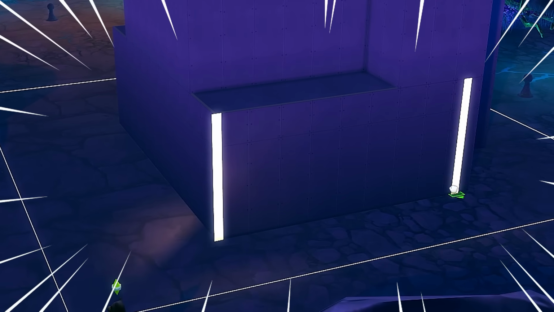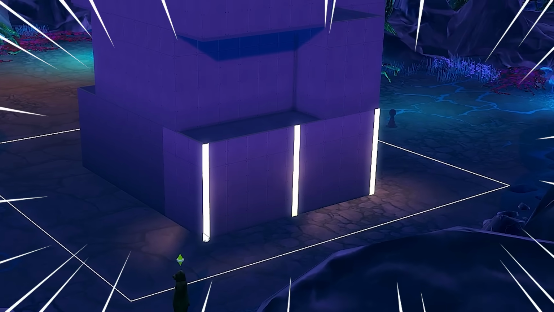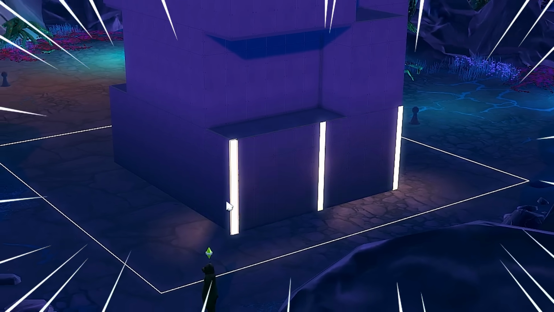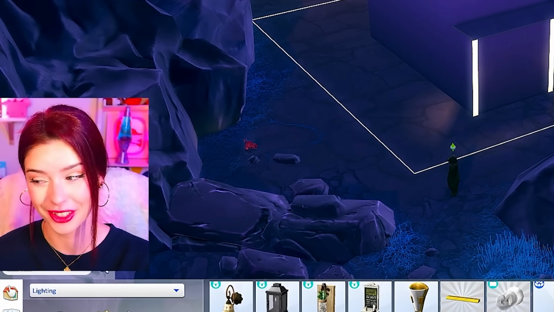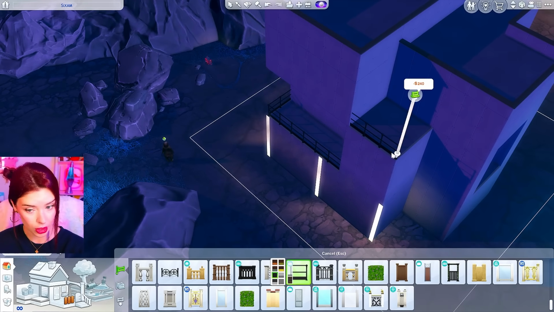Like look, when I start to add these spa day lights, which are going to be all over this thing, it almost has a hazy sort of glow to it, which is gonna make for a really cool neon covered cyberpunk build. So for our balconies, I'm going in with a fence from Get to Work,